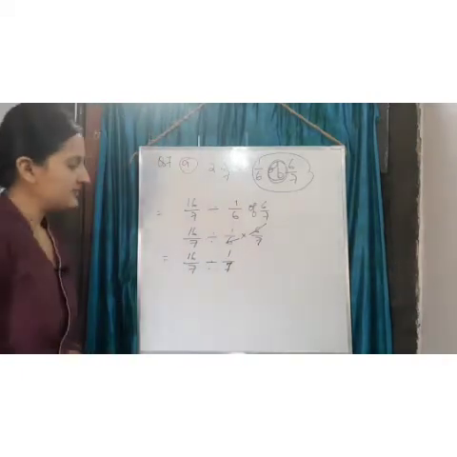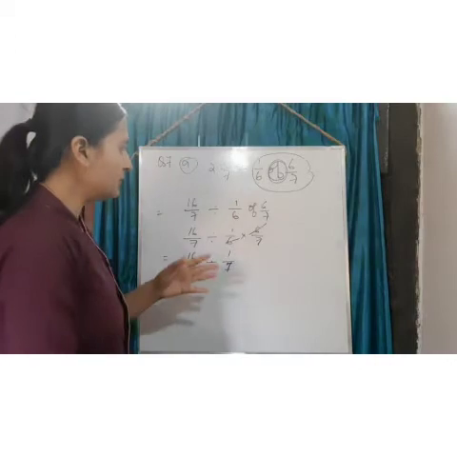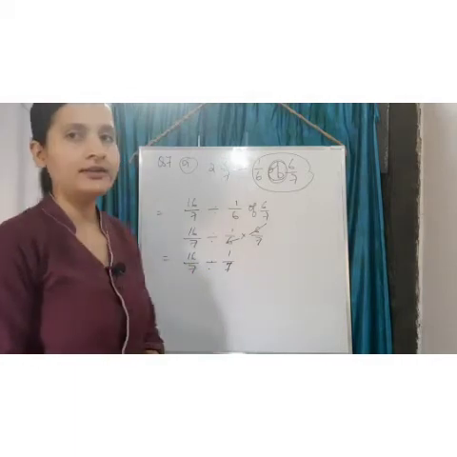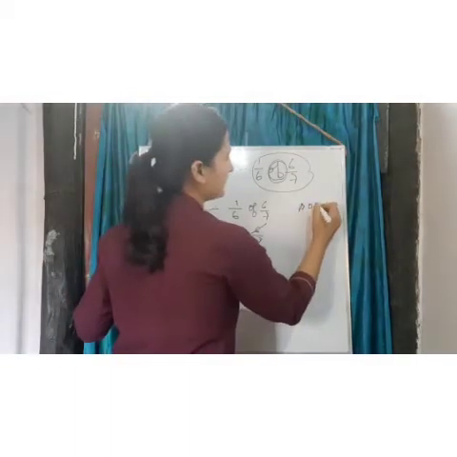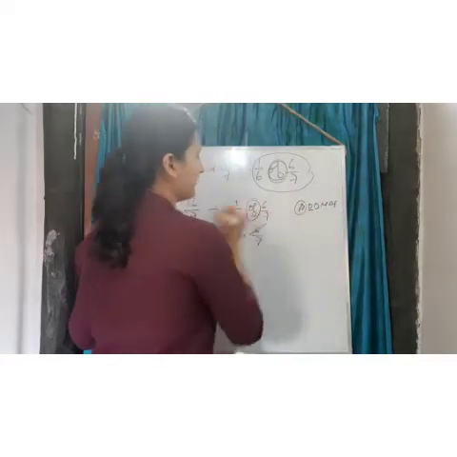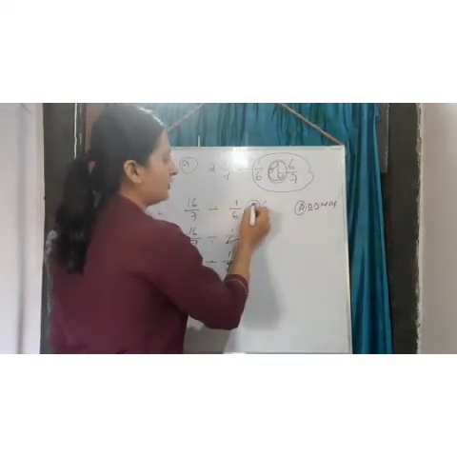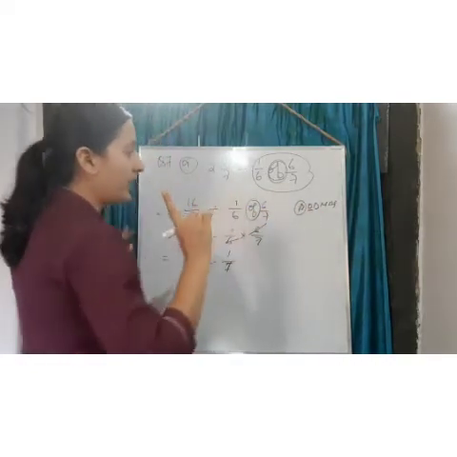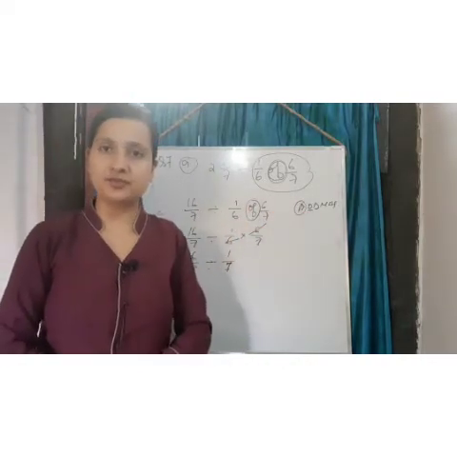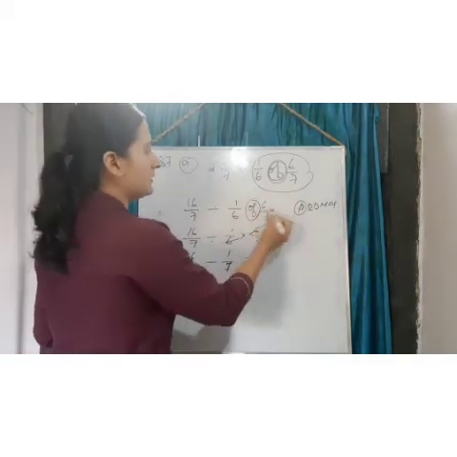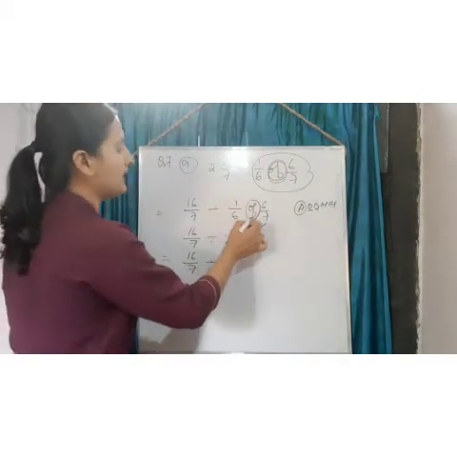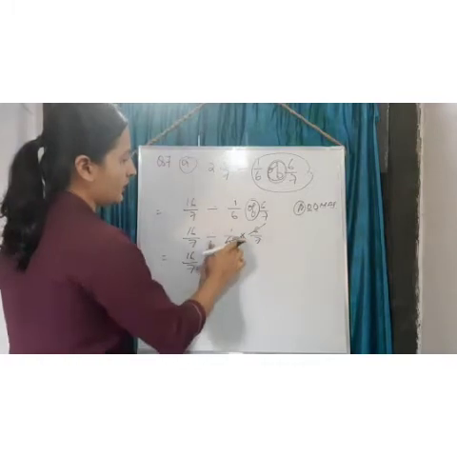Here at this point I would like to tell you one thing. You might be thinking that according to BODMAS rule, the into should be solved later, right? The division should. No, see, the B in BODMAS is bracket, and the O is this of. So after bracket we have to solve of, right? In the previous video I did not mention this because there was no of in previous chapters, if you remember. So this of is this. So division, multiplication, addition and subtraction. So therefore we did this of. So we got 1 by 7.